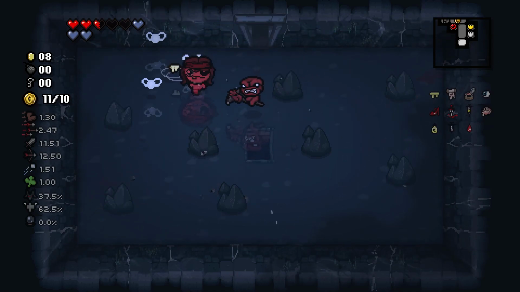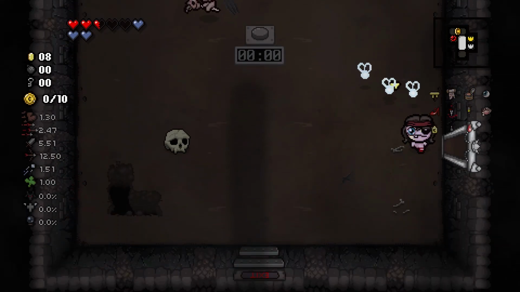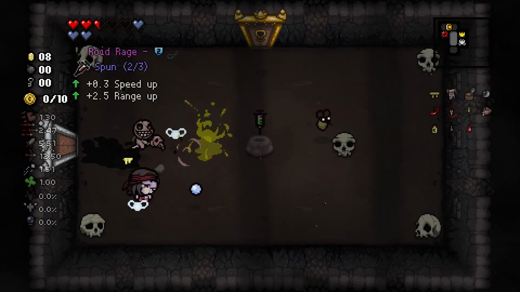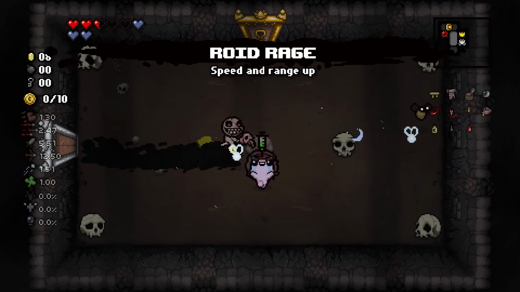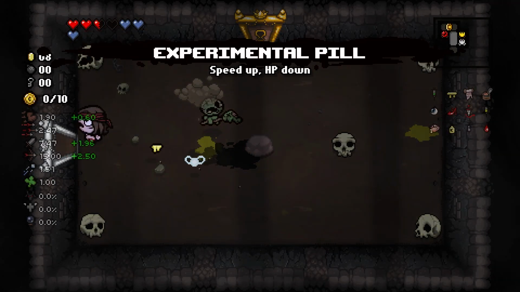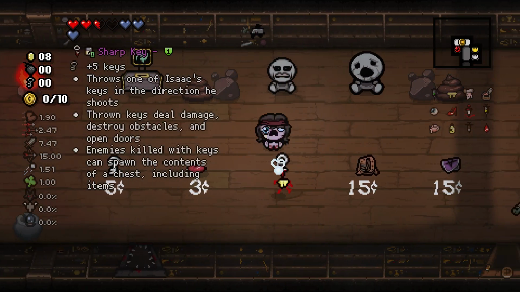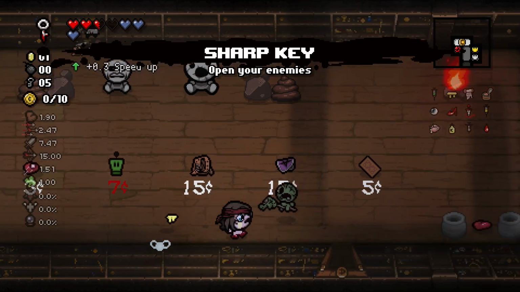Now this will put my damage down quite a bit because I got hit a ton on that last floor. Hopefully it shouldn't affect my ability to clear through rooms as much. And Void Rage here is an excellent item that gives me the Sponge transformation, which is a damage up. Experimental Pill was fine there. I'm going to buy Sharp Key, so I have...